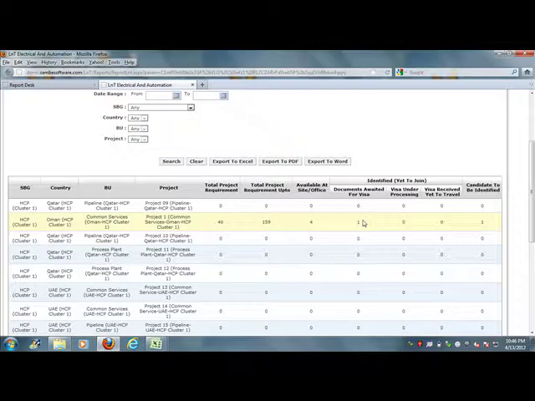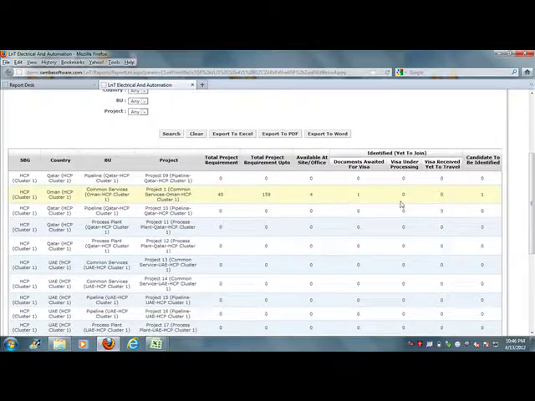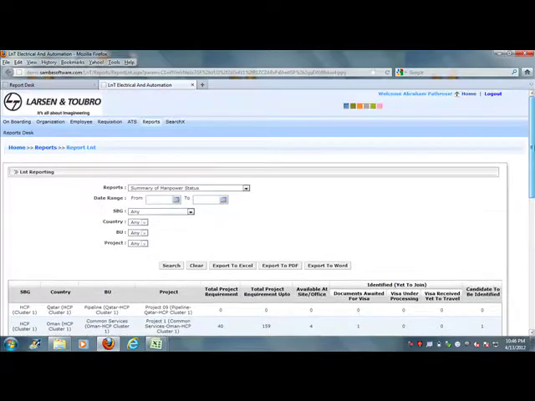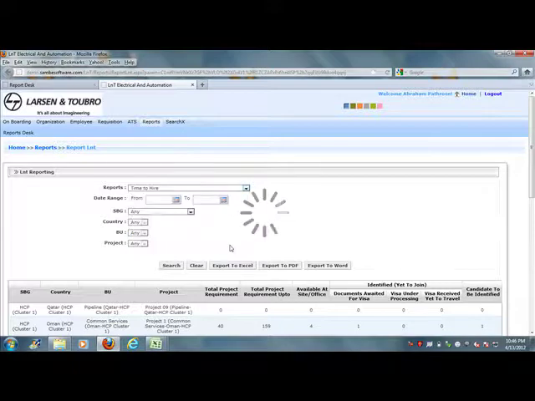If a requisition has been created for the particular position, the number of candidates which have been selected and their documents awaited for visa, under processing, visa received yet to travel, and candidates to be identified under a particular project. So this is the count which will be shown for summary of manpower status. Now our next report will be time to hire report.